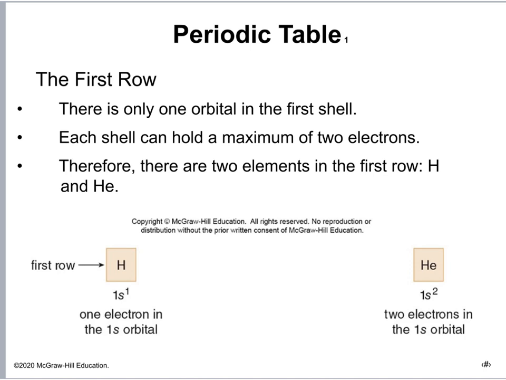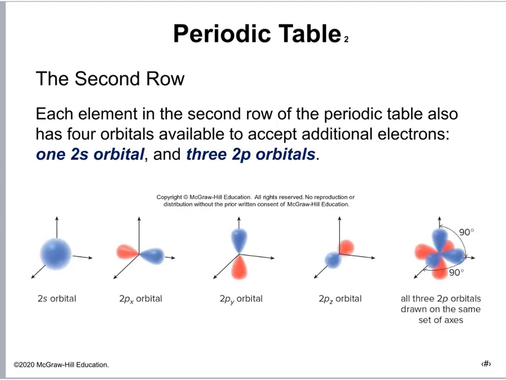Okay, so that's what we're showing. With the first row, we have the 1s orbital of hydrogen, and then helium, which we will not be using, fills up the s orbitals. Each orbital where an electron is found houses 2 electrons. And then these are the different shapes of the s orbital, and there are 3 types of p orbitals, the x, y, and z, and they're on the x, y, and z